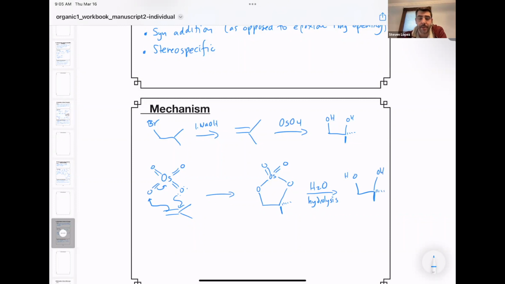Now, the mechanism at this stage is a little beyond what you're expected to know in Organic Chemistry 1. What I would focus on remembering is that this is a concerted cycloaddition reaction that gives a stereospecific product, which in this case is the syn diol. So once you produce this diol, you can do all kinds of different reactions, which will be the subject of